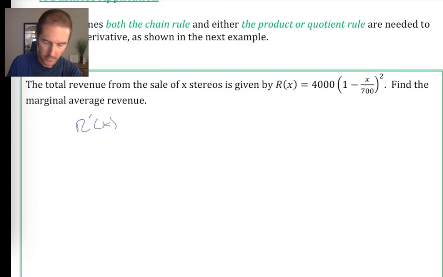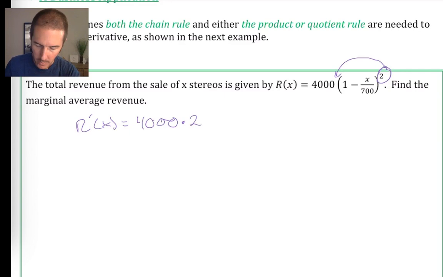R prime of x is equal to 4,000. And then here comes the chain rule. We take the exponent from our original function and multiply it out front. We could have just written 8,000 right away, but instead I'm going to write it as 4,000 times 2. And then here's that m value, the inner function, 1 minus, I'm going to write it as 1 over 700 times x, close,